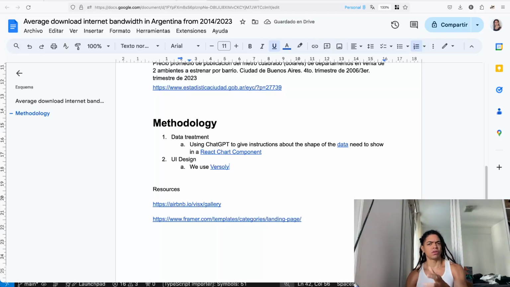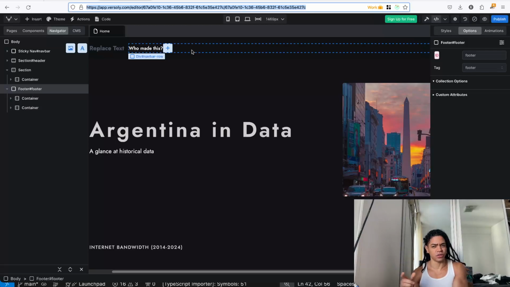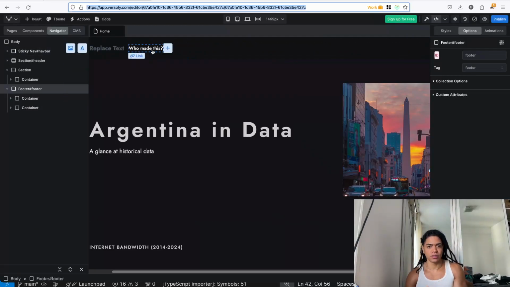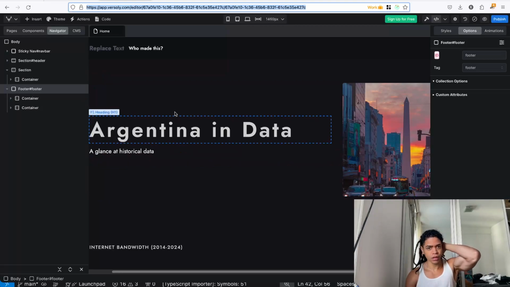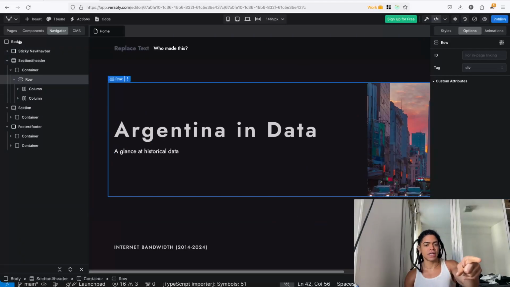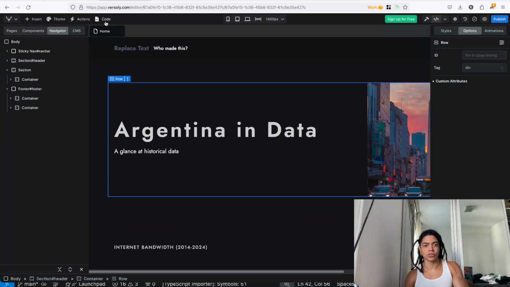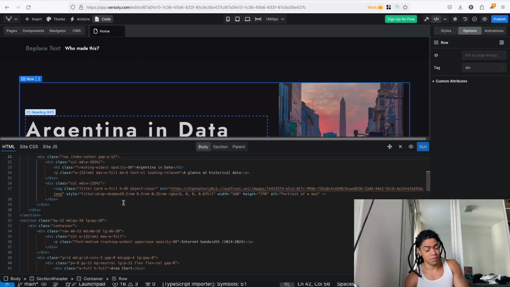We went also with other solutions like Framer, but that actually doesn't export the HTML, unlike Versolite, where as you design here, you have a couple of templates that you can go with. But if you can do this, now you can look not only at the page structures, but also at the code, which is something powerful.